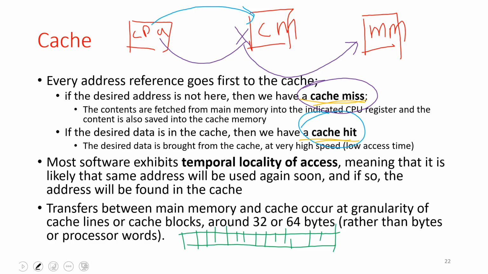So if the program is going to access different parts of this, it is most likely to access things that are much closer. So for example, if it is accessing this part of the data, it is most likely to access this next and then this and this, rather than going to a very different part of the program or the data. That is the temporal locality. So we will have what is called temporal locality, whereby we will access things that are closer to each other.